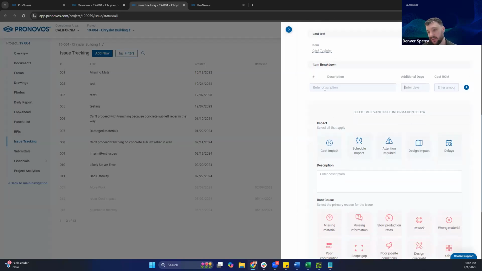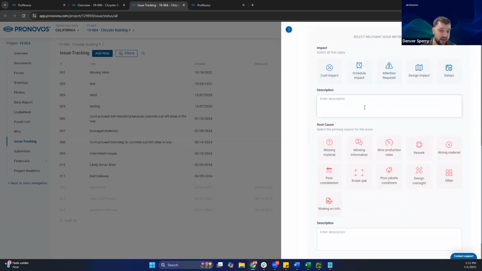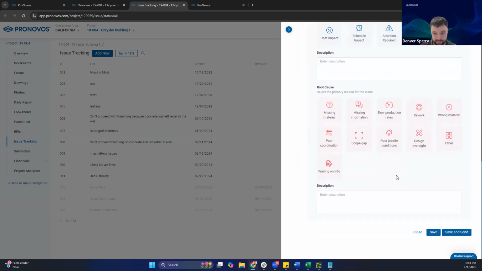So then if we wanted to say, here's our 3 issues on this particular entry form, maybe it's just an attention required. Maybe there is schedule impact, cost impact. We can select as many of these as need be, add in any further descriptions to better explain the impact of this issue. And then any further root causes,